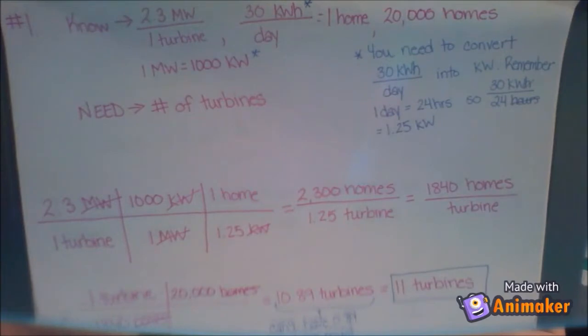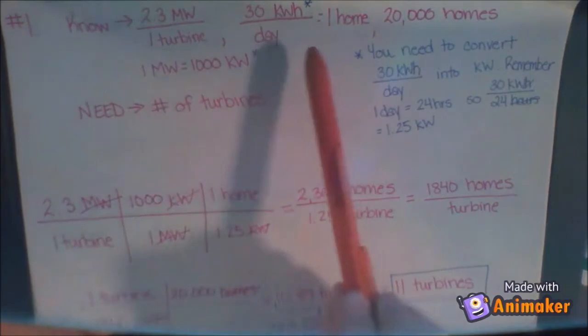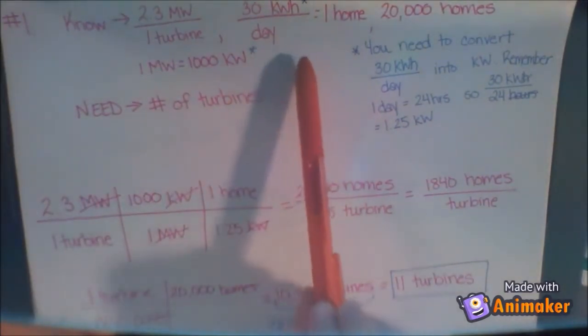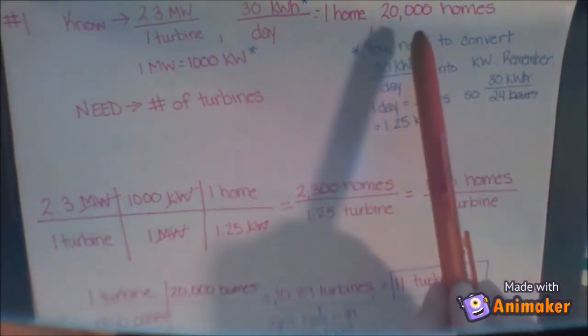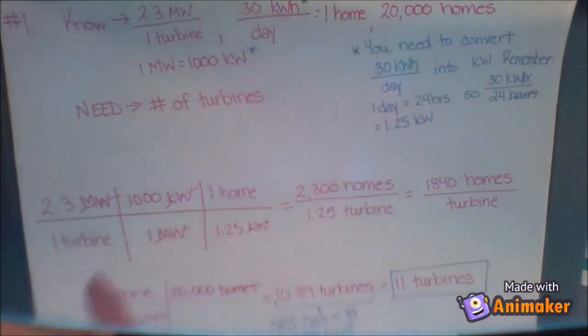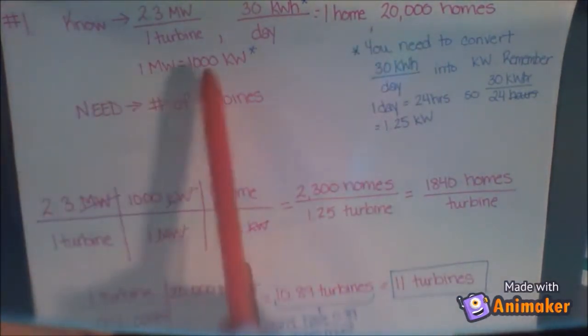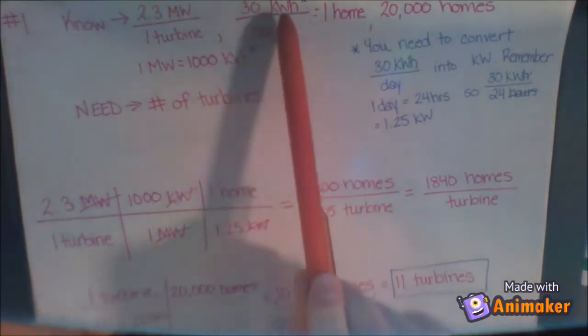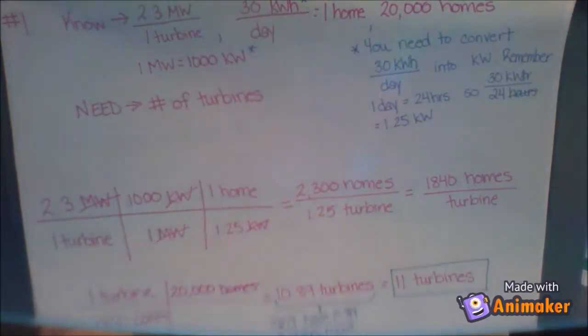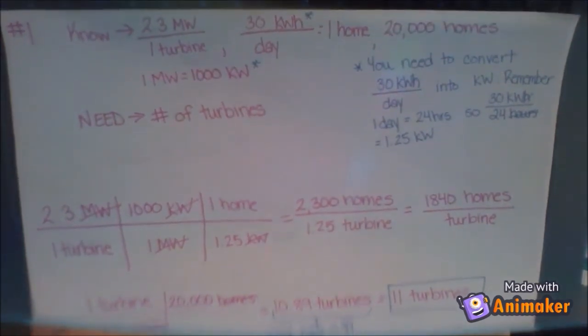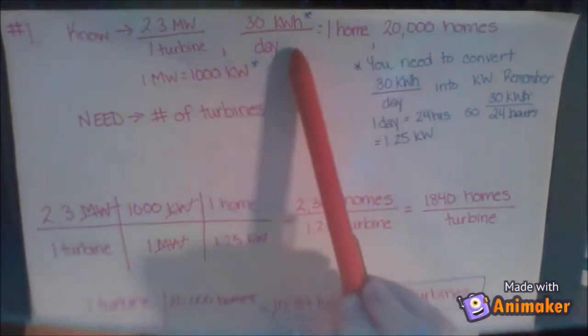So for question 1, we were being asked, how many turbines do we need to power a town of 20,000 homes? So here's what we know. We know that one turbine can produce 2.3 megawatts of electricity. We know that each home uses 30 kilowatt hours per day, and that there are 20,000 homes in the area. We also need the conversion rate of 1 megawatt being equal to 1,000 kilowatts because we have that kilowatt hours here. One thing that we also need to make sure that we know is that we need to convert this